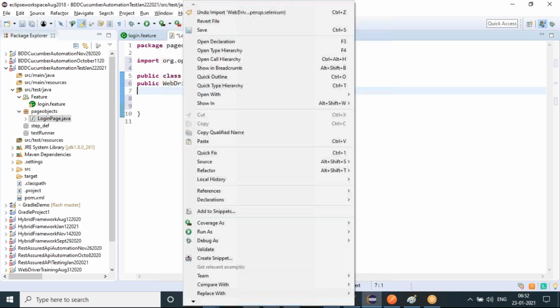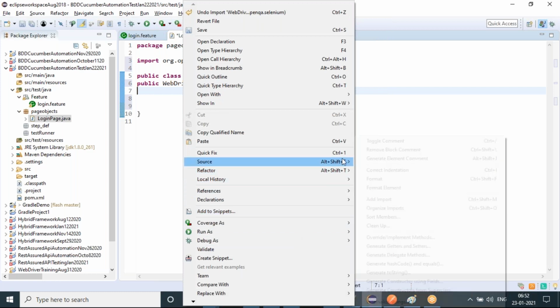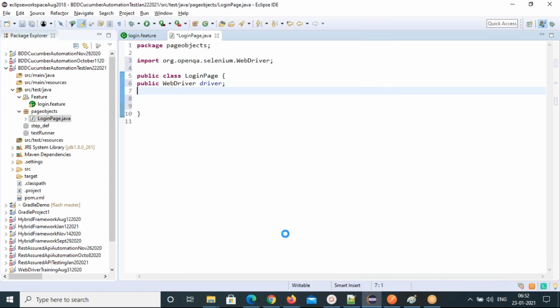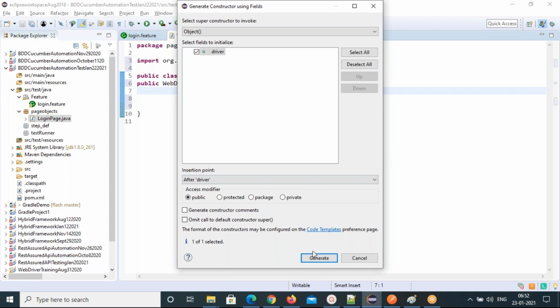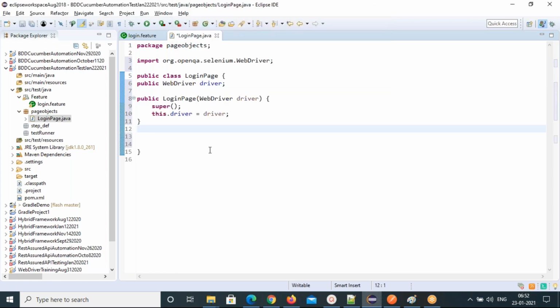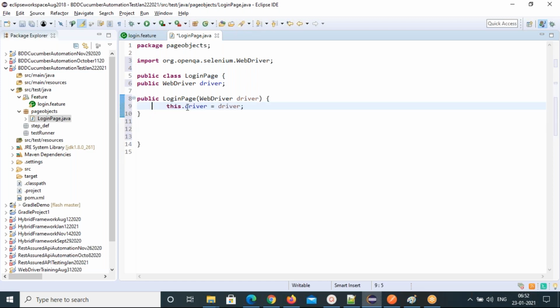Now right click and create a constructor using fields. See, using driver it will create the constructor like this. But super we don't have anything, you can remove that, we don't want it. This dot driver equals driver, right?